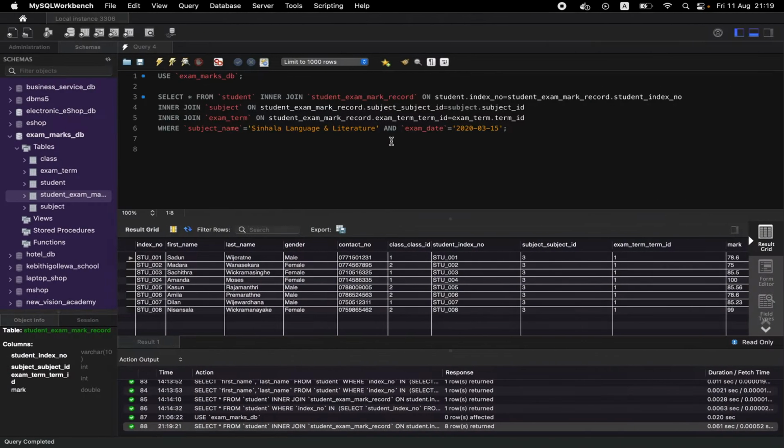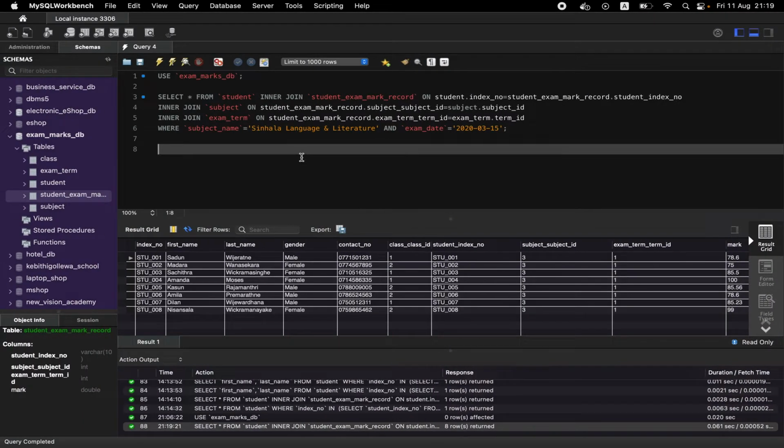So we have to find Theshan Weerakkady's marks, exam term, the index number, his index number, subject name from the student exam mark record,